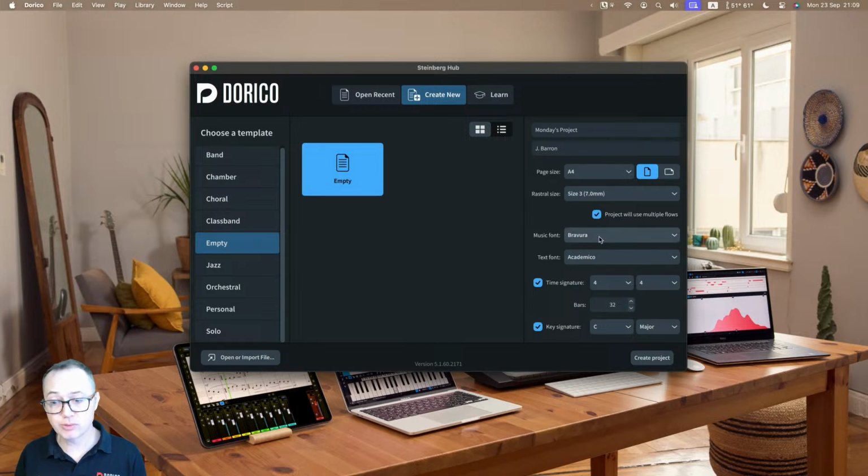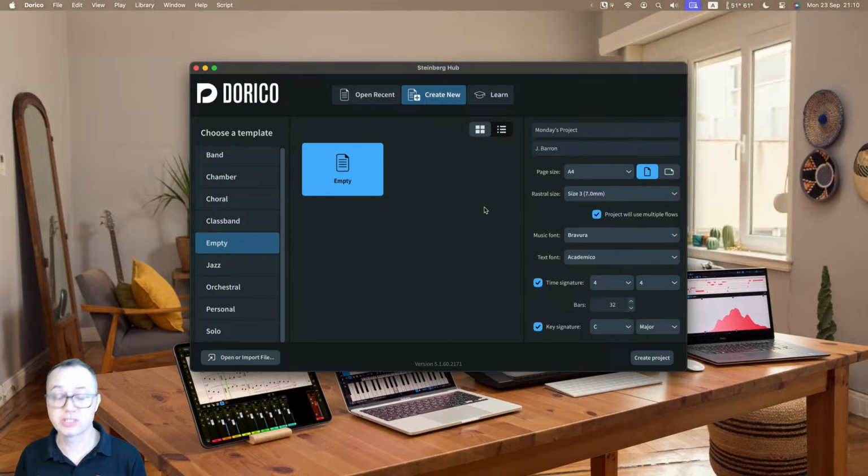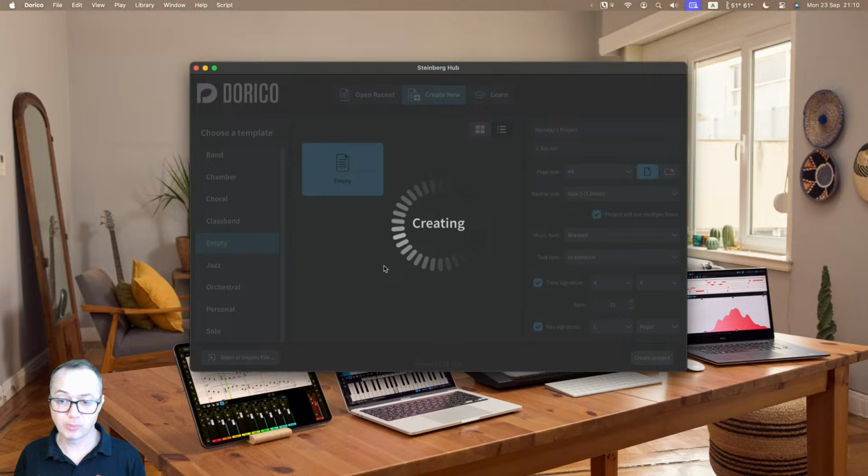The music font is here as well, so that's our standard music font, but you can also choose other options such as Finale options in here if you want to start with a Finale music font. And also the text fonts are here, so you can choose any of the text fonts on your system that you want to use as your start. You can configure all the different styles of things. This is your kind of base text font and style that you can use. There's also an option here for the time signature and key signature. If you don't want them, you can leave those and turn those off completely. Dorico can start open meter and no time signature if you want to, but we'll just start with C and 4/4 and 32 bars. So I'll press Create Project, and we'll get an empty project, and Dorico will ask me,